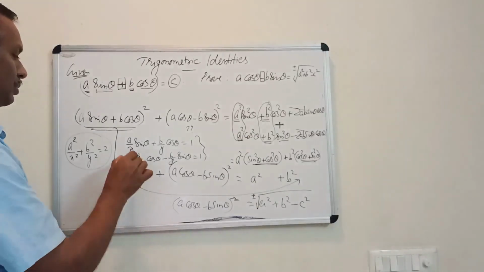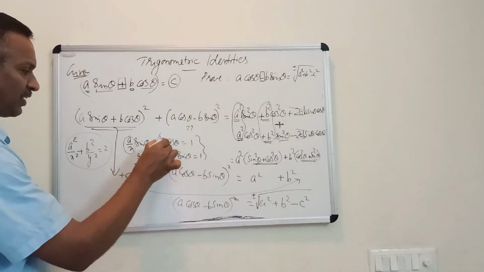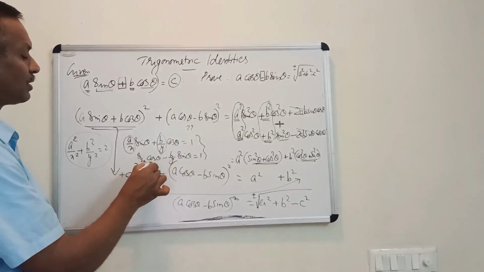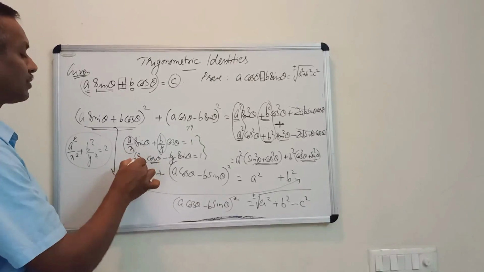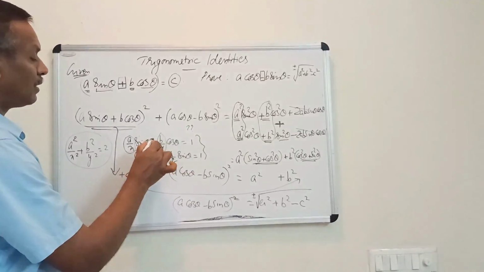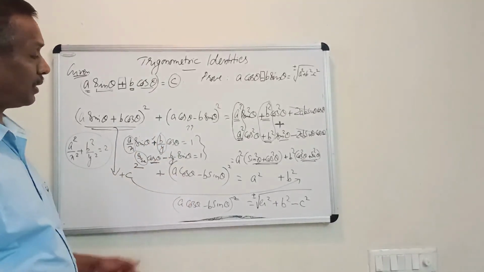It is because the coefficient of sine is a by x and of cos is b by y in the first one. These two interchange with cos and sine. Here with cos it is a by x, with sine it is b by y. And the sign is also changed. Here it is plus and here it is minus. Same thing you have to do,